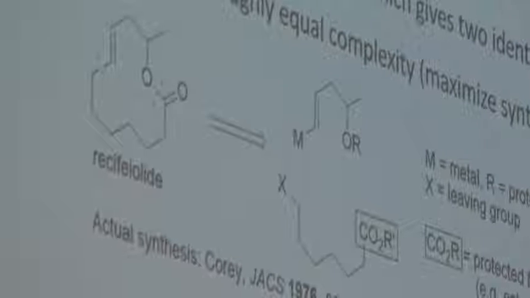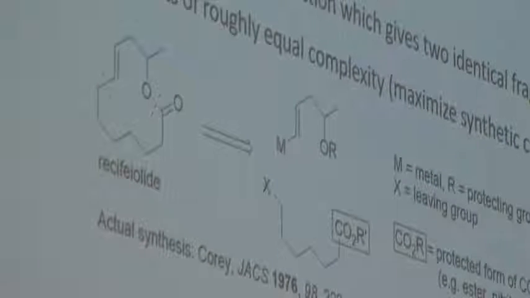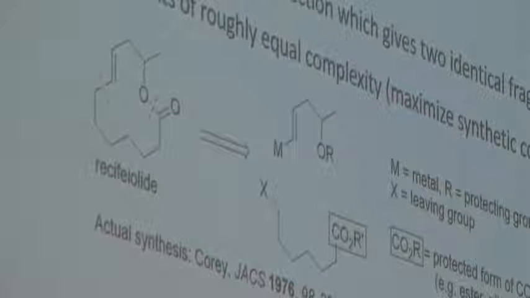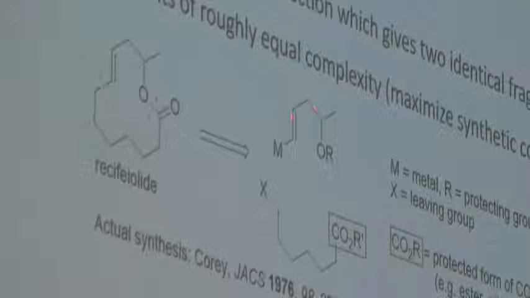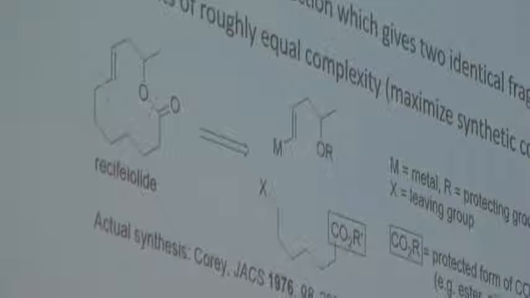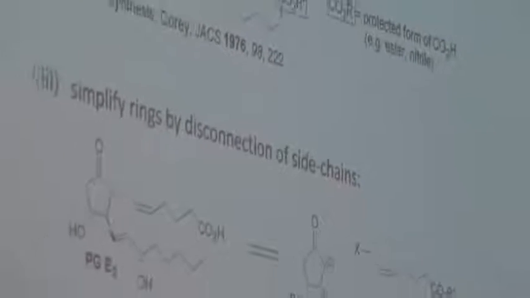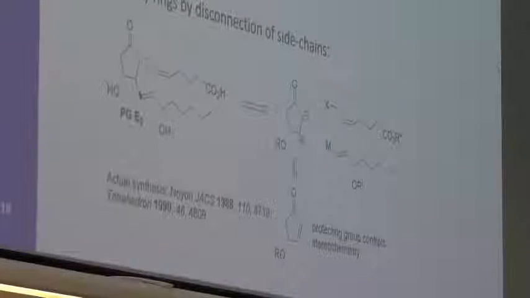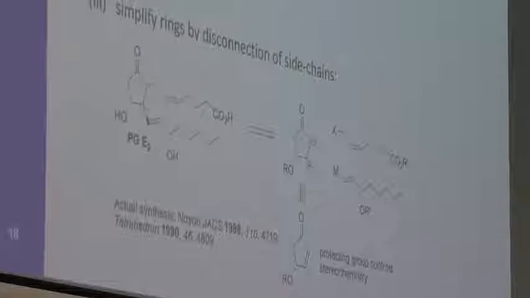complexity. And here you see one example where this ring is broken into two parts, and you can just see how that happens the synthetic way, just an SN2 reaction here and lactonization here. The third point, simplify rings by disconnection of side chains. And this is a very excellent example,